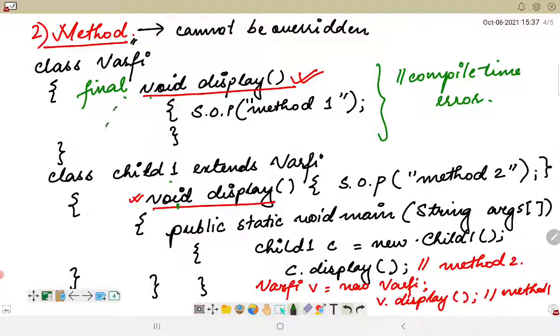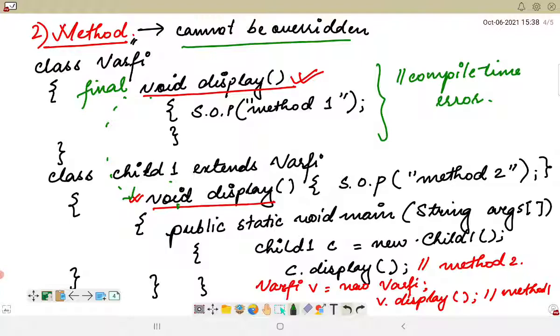There is no problem in it, it just cannot be overridden. So we have to be very careful about that: we can definitely inherit a final method, but we will not be able to override it.